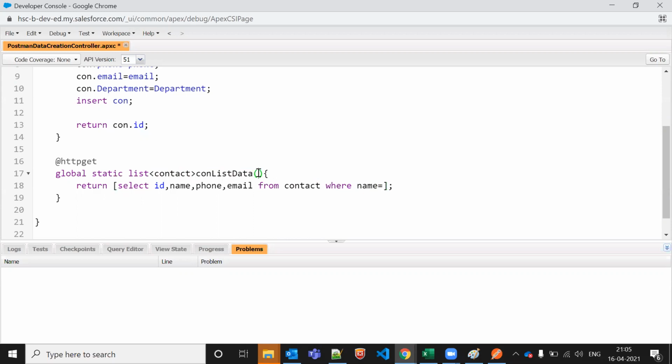Let's say I'm passing a string as a dynamic parameter, and on behalf of that I want to filter. In that way you are correct. That is not a wrong approach.